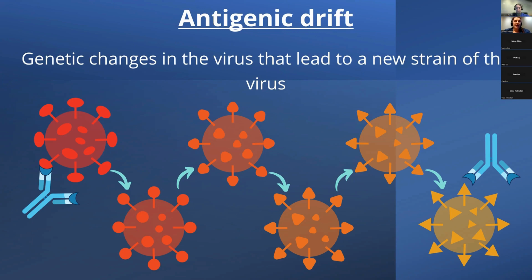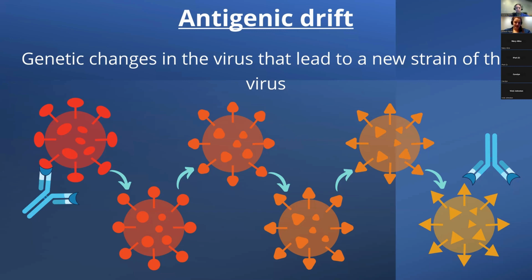And so when we have one virus that has changed, it's what we call a new strain of the virus. So if you've heard the word strain, that's what it is. It's the same virus that has changed to have a different outer shell. Same family, same thing, but a different kind of outer coating, which means our body is going to need to learn to fight it differently.